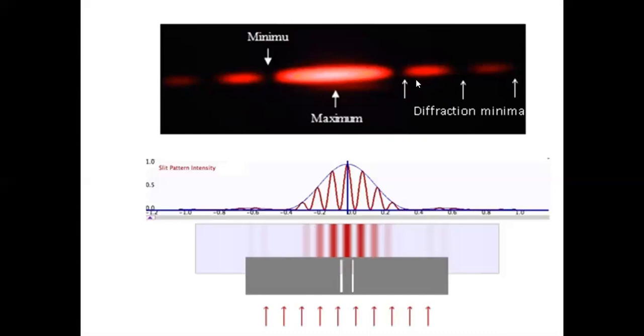The secondary maxima, whatever you see, can you see small ups and downs here? Secondary maxima are so weak in intensity that your eyes may not be able to distinguish them at all when you see a single object. So thank God, the diffraction occurring in your eyes is not so much, right? You see the central maxima only. So the image that you see when you see an object is the central maxima image.